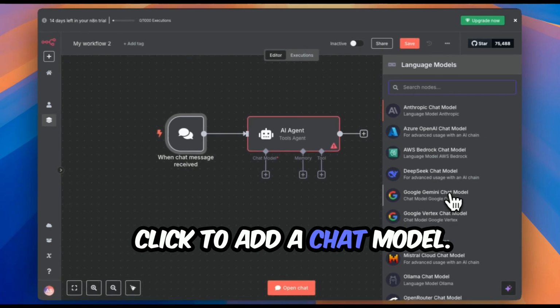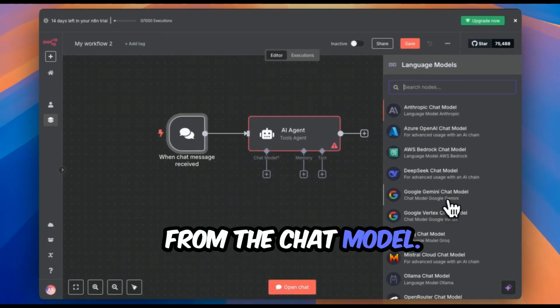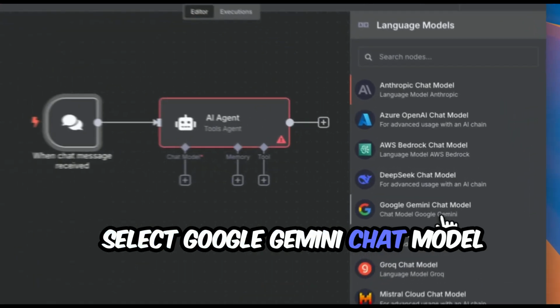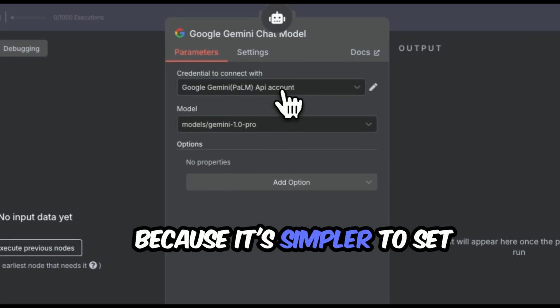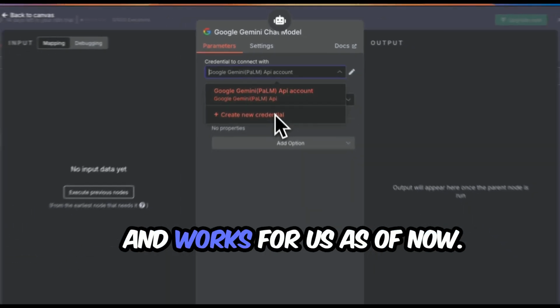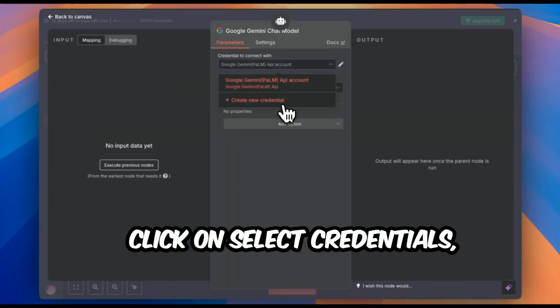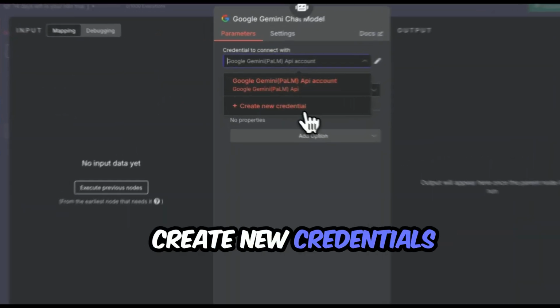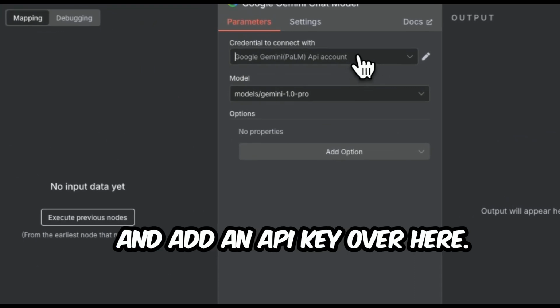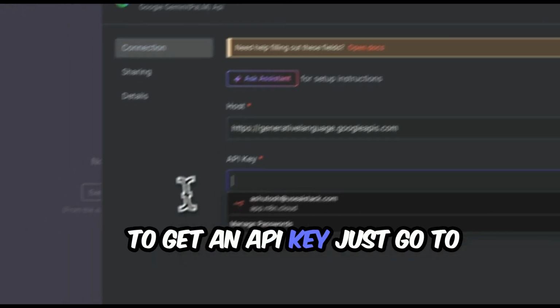Click to add a chat model. This is your assistant's brain. From the chat model, select Google Gemini chat model because it's simpler to set up as compared to OpenAI and works for us as of now. Click on select credentials, create new credentials, and add an API key over here. To get an API key, just go to